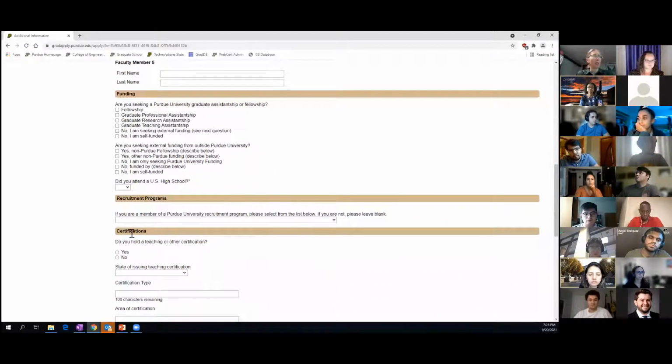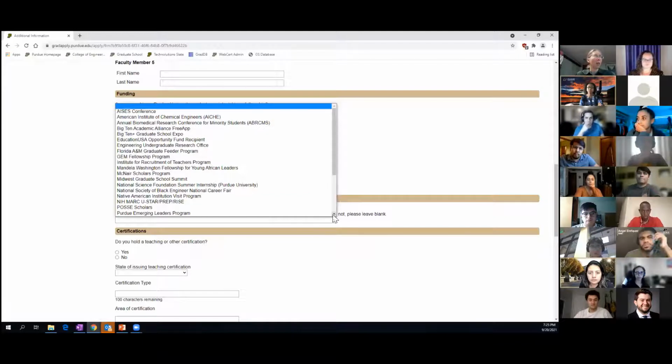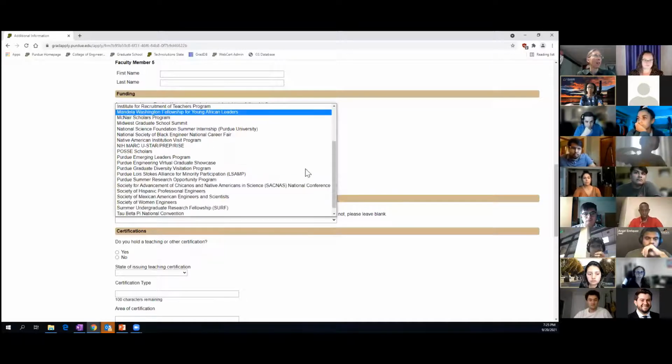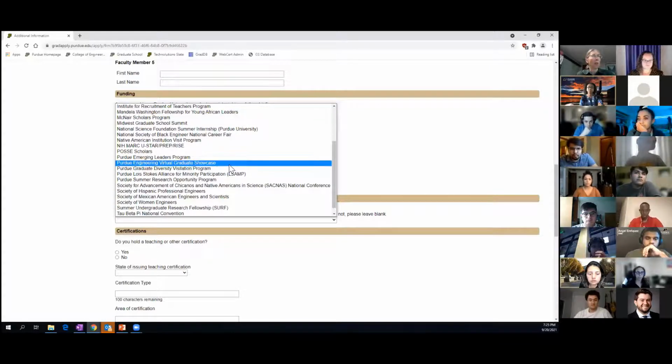And then there's just some miscellaneous questions here. This recruitment program here is what is actually used for the application fee waiver. This is where you can see the different opportunities. For example, that graduate showcase that I mentioned we're going to be hosting: if you attend and participate in that and you receive the application fee waiver for that, then when you actually come to apply, you would